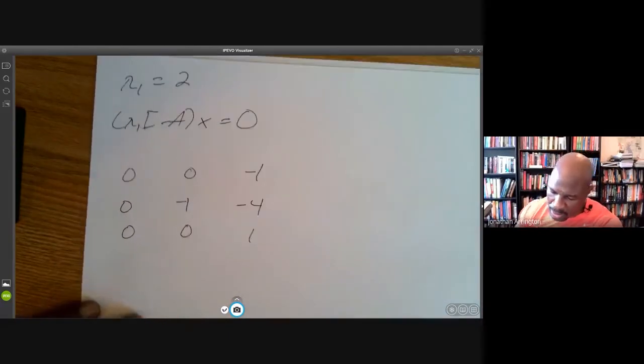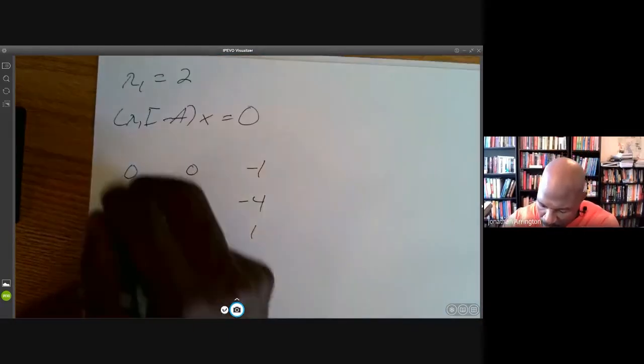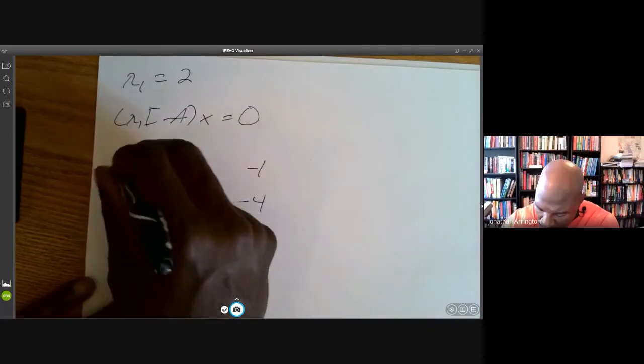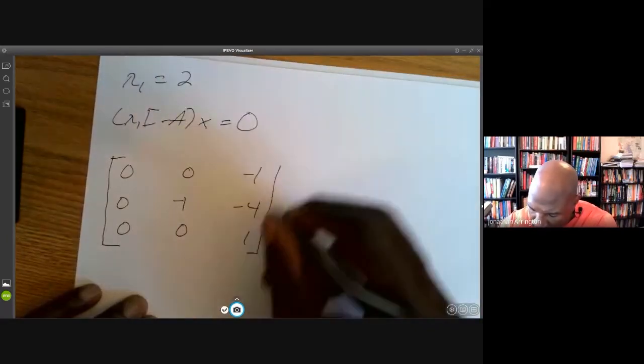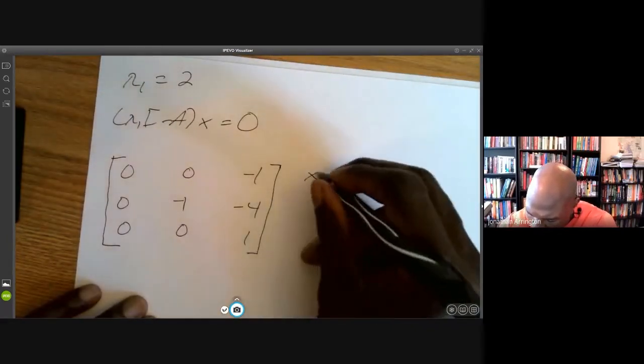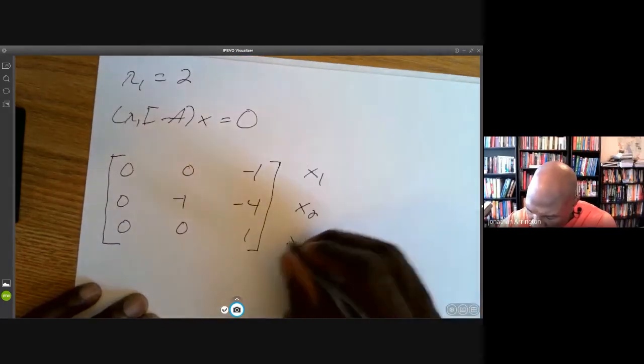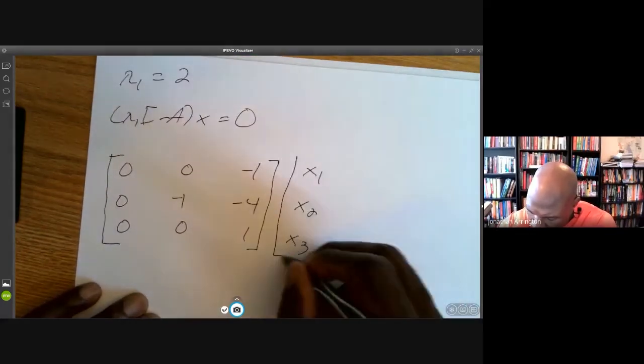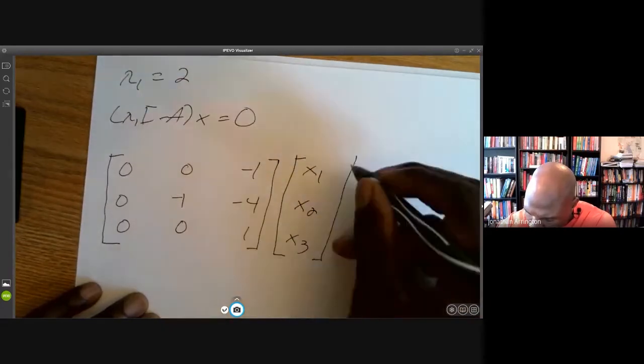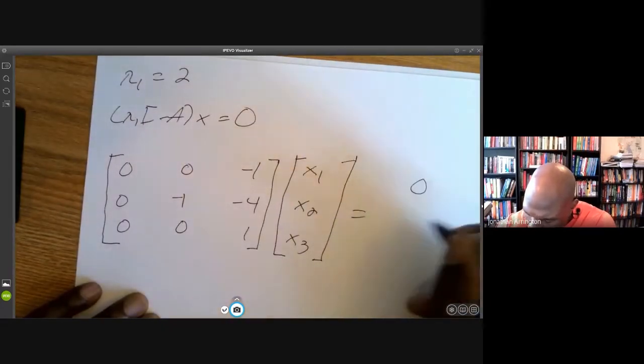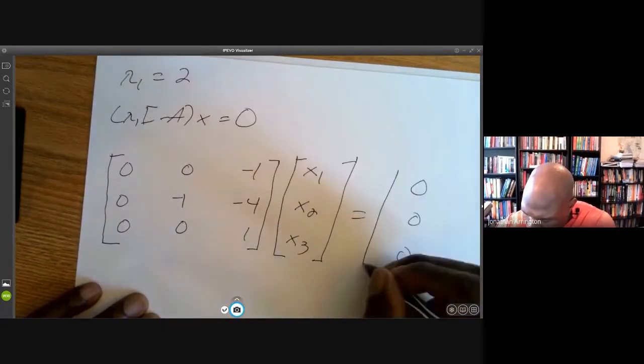So there is the matrix lambda 1 I minus A, and we'll take that times x with components x1, x2, x3,